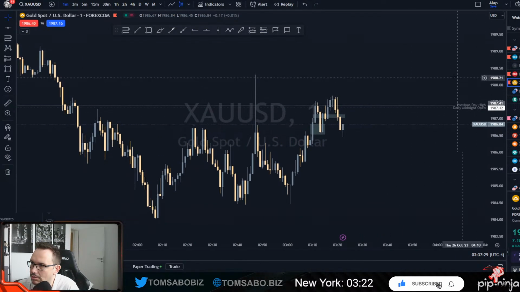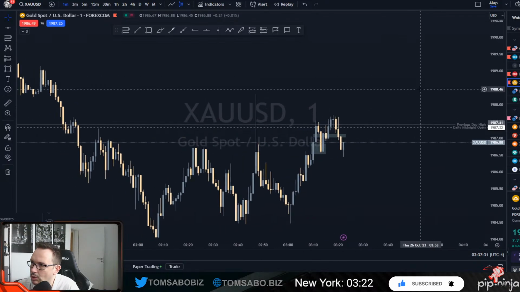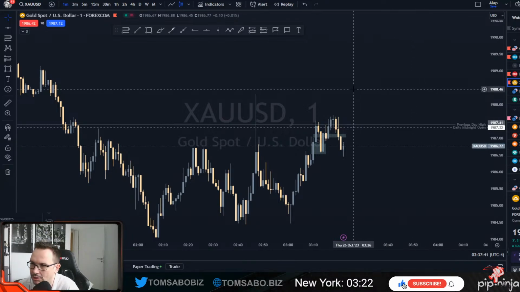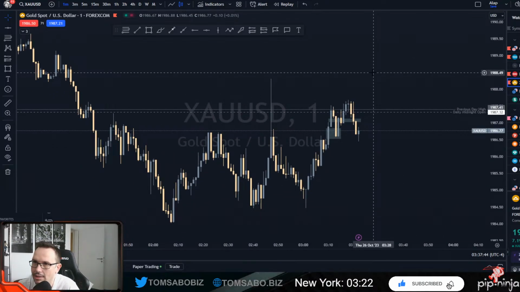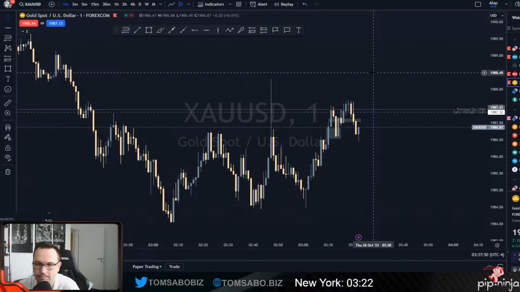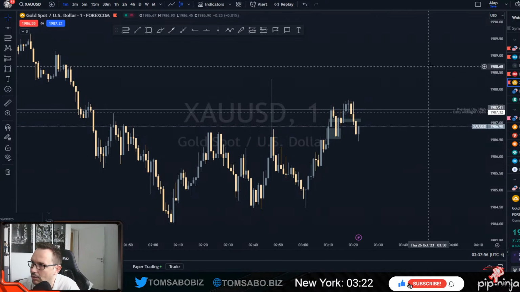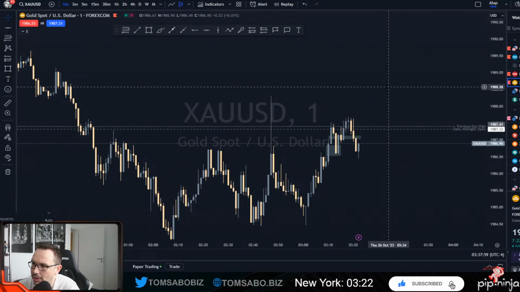Something is wrong with my data feed from TradingView. I'm not a subscriber for TradingView because I'm just not trading on TradingView. I'm using it for the hourly and the 4-hour chart to analyze. I'm not a subscriber, but I have TradeAwait access, and now it's just not showing up. So I don't know what the hell is going on. I only managed to log into my paper trading account, but I'm not getting the data feed from TradeAwait.